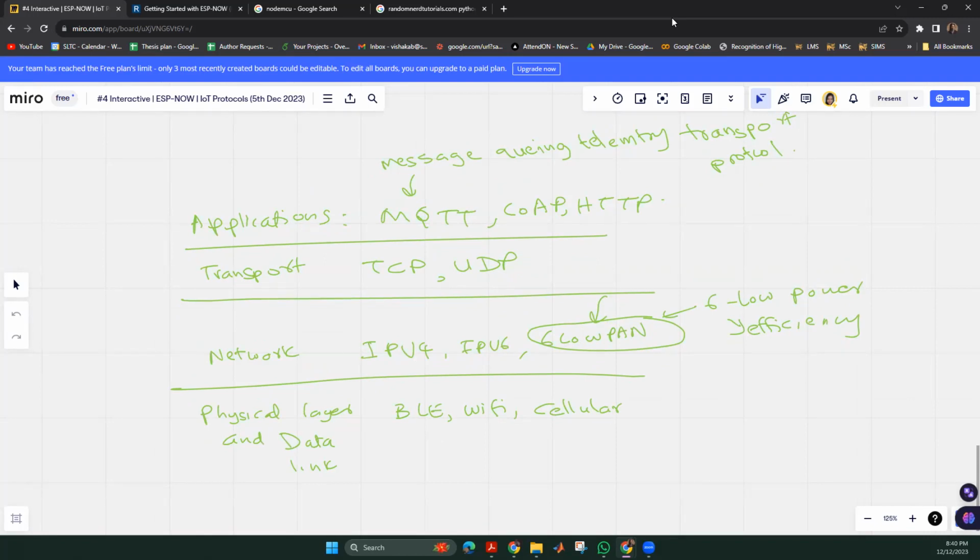Actually, the network layer functions we didn't discuss. Network layer protocols, okay. Physical layer ones, did I discuss? Physical and data link layer, I think I also didn't discuss those.